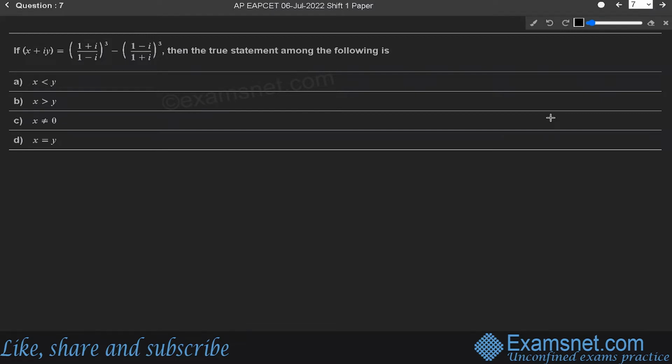Next question is, if x plus iy is equal to ((1 plus i) upon (1 minus i)) whole cube minus ((1 minus i) upon (1 plus i)) whole cube, then the true statement among the following is. This is a question that comes from complex numbers, and we know that i is equal to under root of